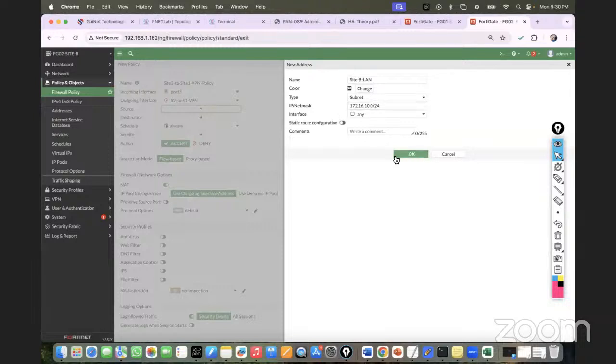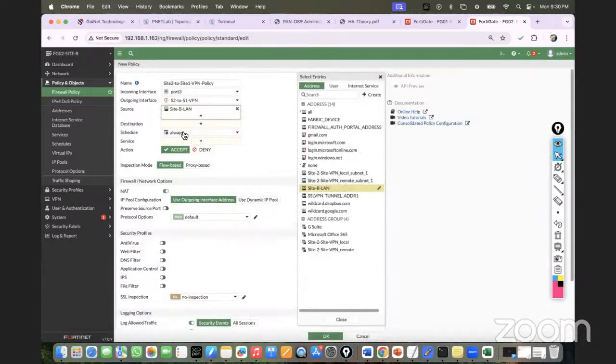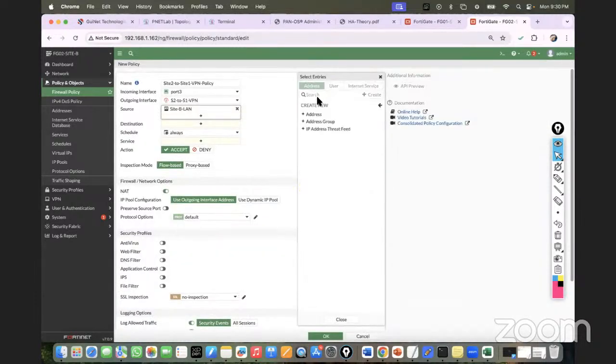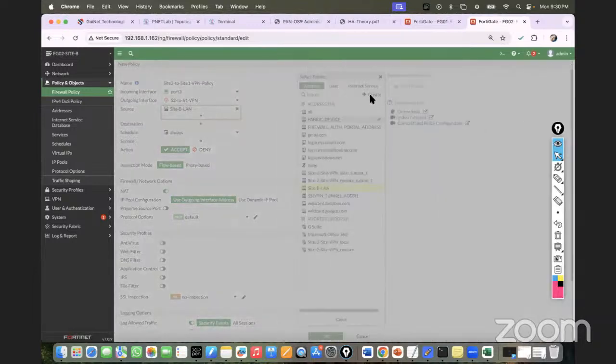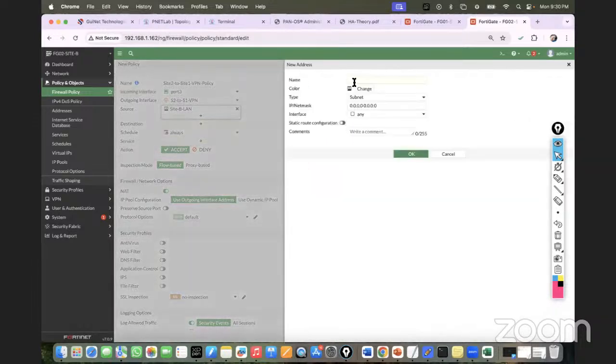Okay, so this is going to be the match for the site VLAN, and for destination I'll create another object group from here, site VLAN, and this is going to be 192.168.10.0/24. Okay,